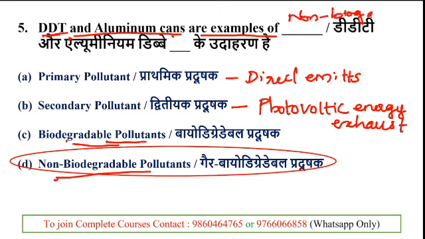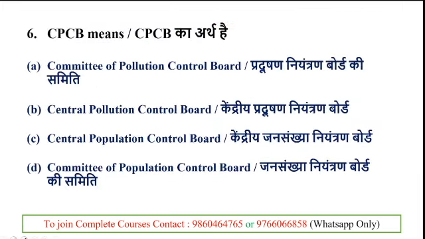Here DDT is an insecticide that was used in agriculture, and it was banned in 1972 by the US government due to the pollution it caused to the environment. Clear? And the next question deals with the